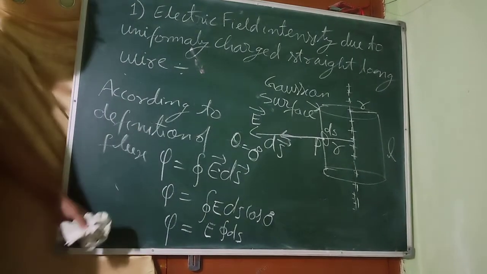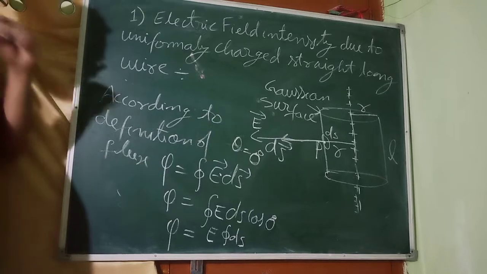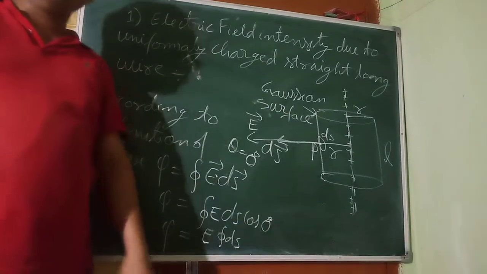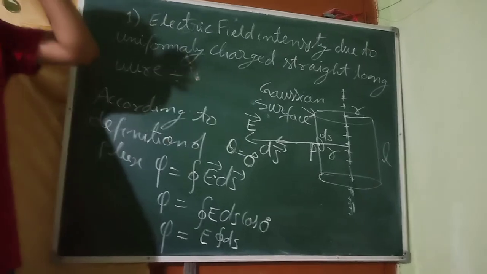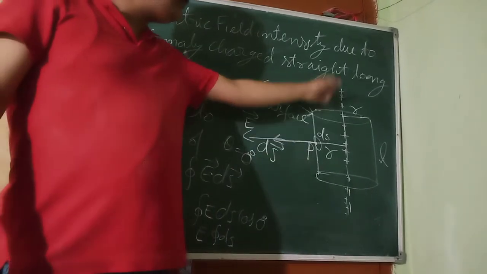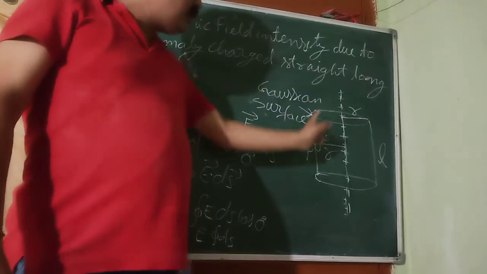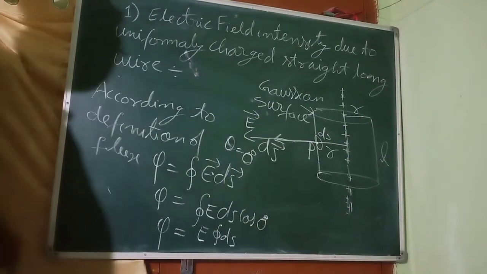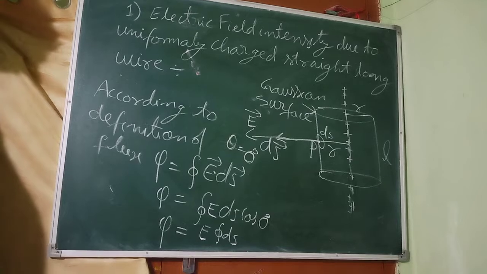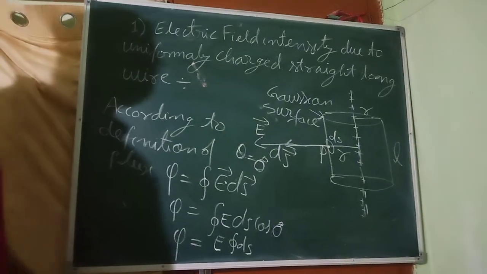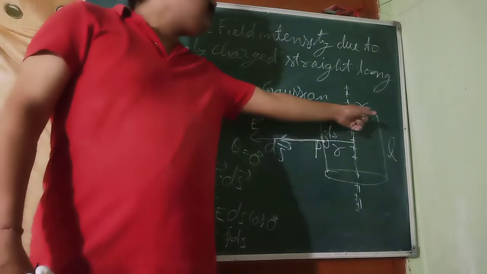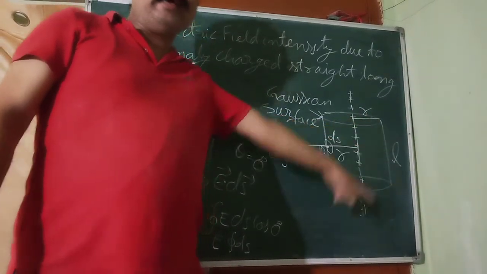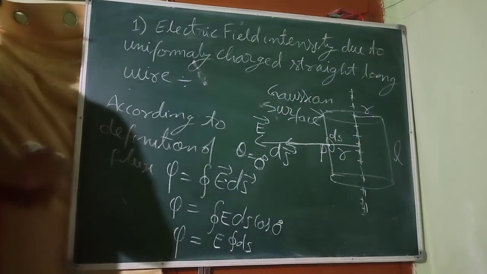Next, we are going to integrate. What is the total surface area of the cylinder? Electric flux will not come out of the flat ends, it will come out of the curved surface only. So we want the whole curved surface area of the cylinder. We know that it is 2 pi r h, but here it is L, so 2 pi r L. So what can we write from here?